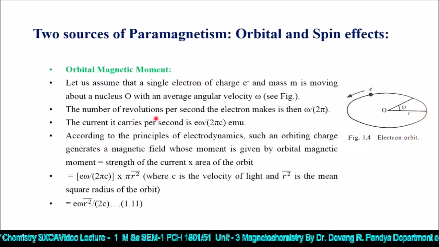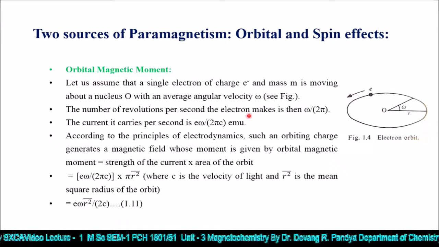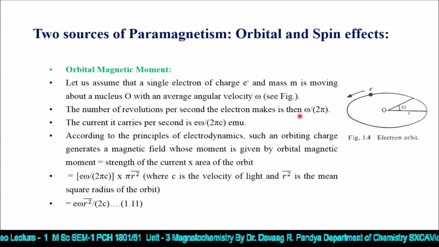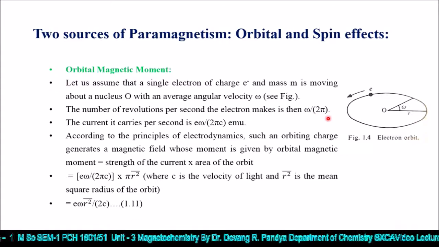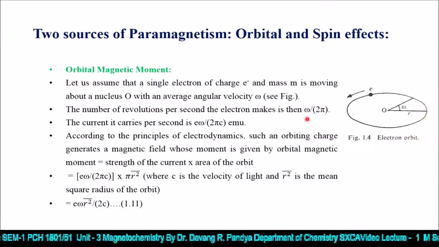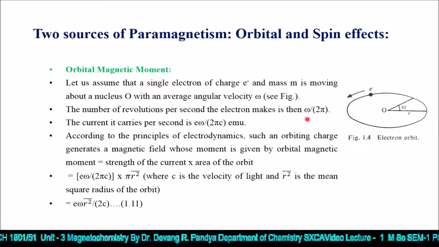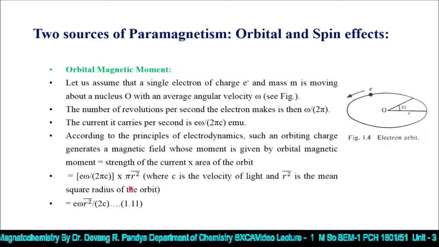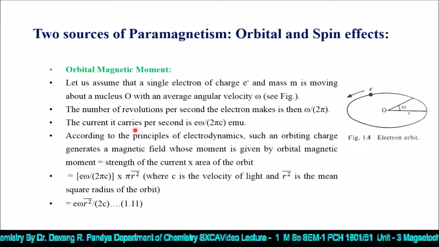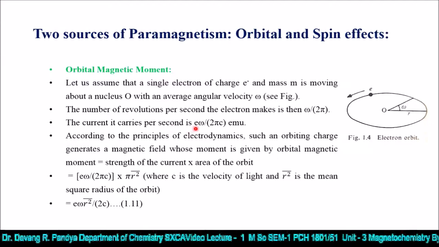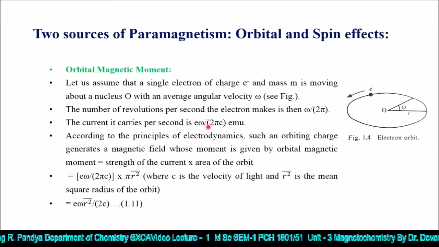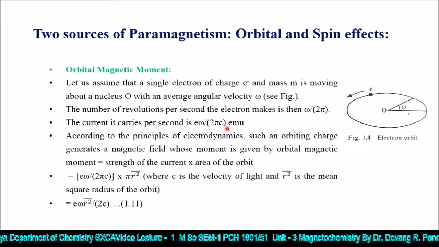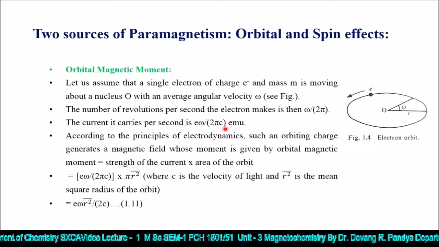The number of revolutions per second the electron makes is then omega by 2 pi. That is the number of revolutions per second this electron is making surrounding this nucleus O. The current carried per second is e omega by 2 pi c, where c is the velocity of light, in EMU,